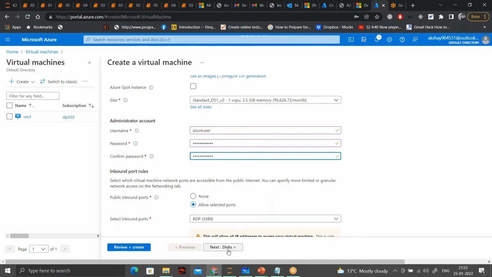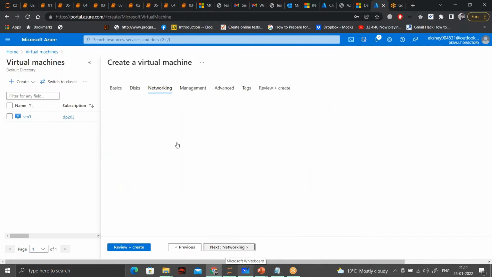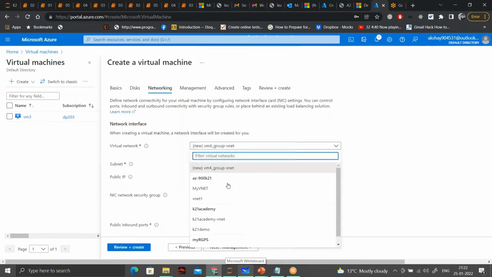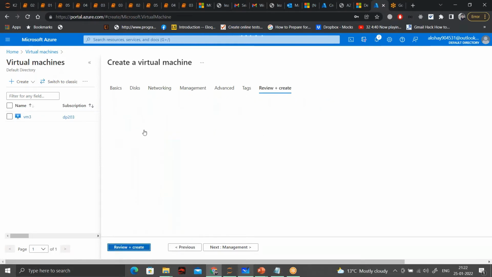Okay, now let's move to disk networking. I'll choose the same virtual network that I've linked VM3 with, and let me click on review and create.